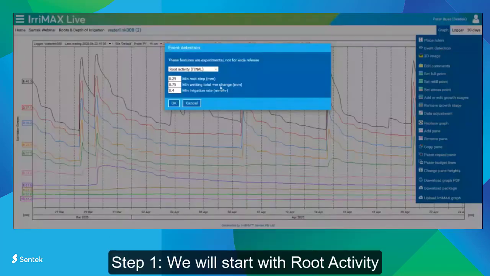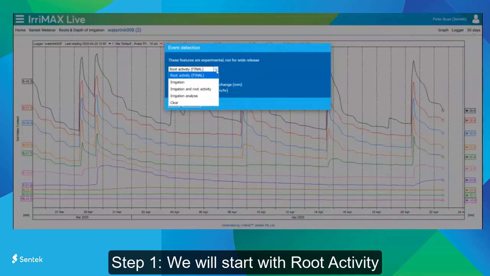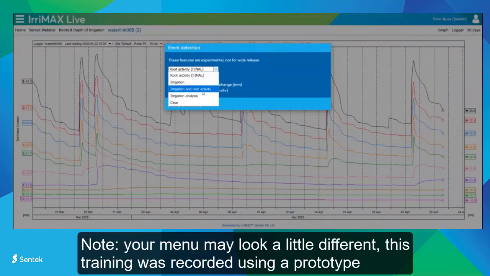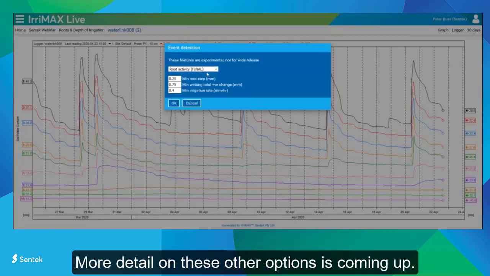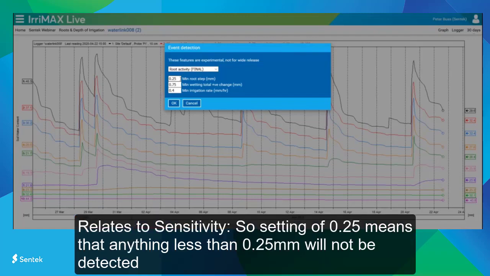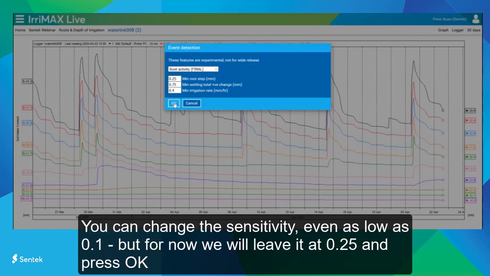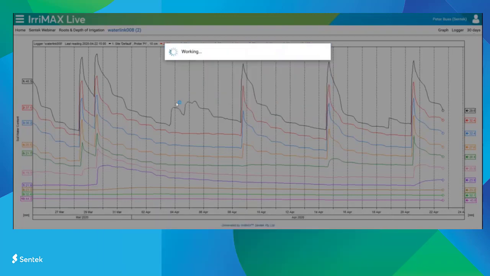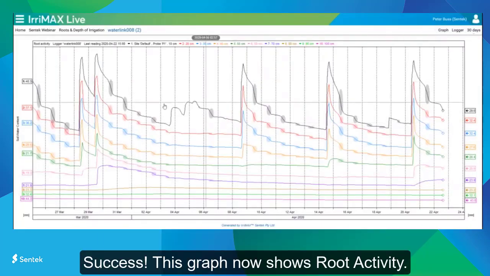Okay, and you got several choices here: irrigation, irrigation root activity, irrigation analysis, and clear the picture. So we'll start with the first one, root activity. Now, this little box here, it says minimum root step. So what that means is anything less than 0.25 millimeter will not be detected. So anyway, leave it at 0.25, and then you just say OK, and you get root activity where